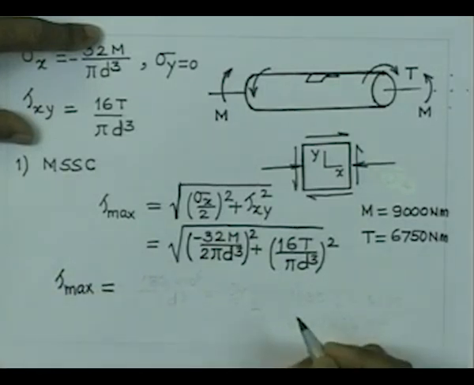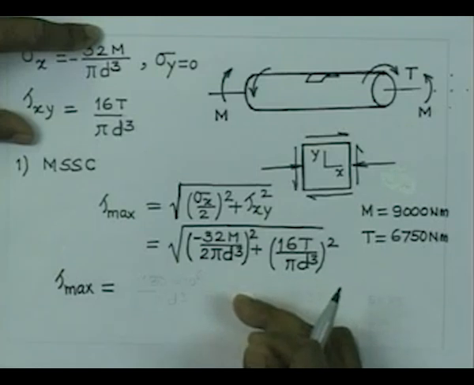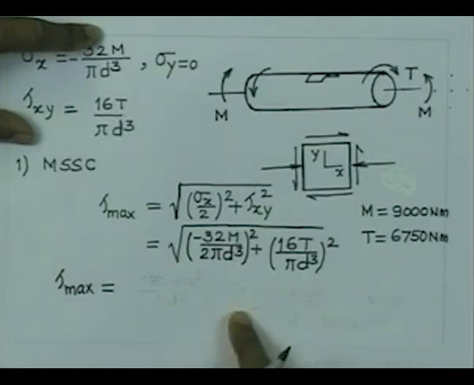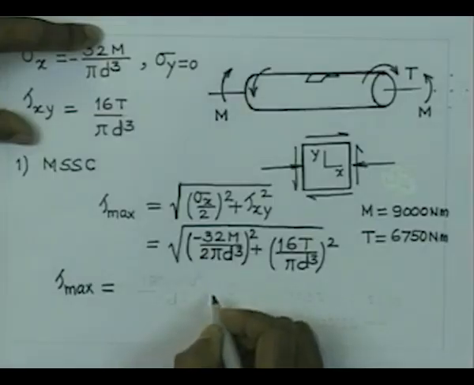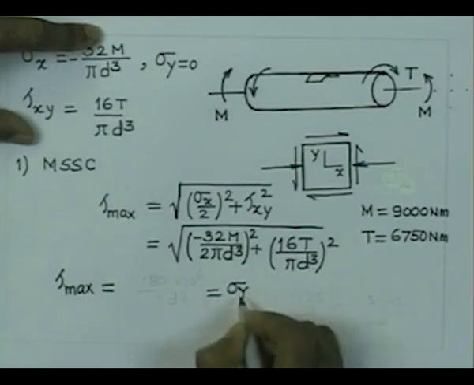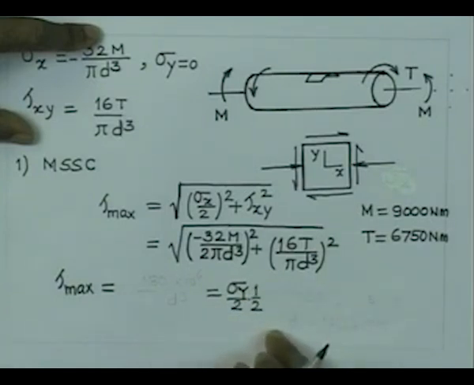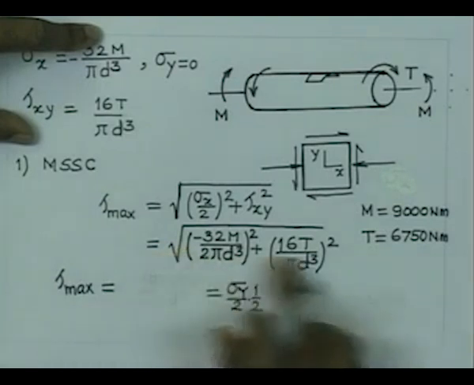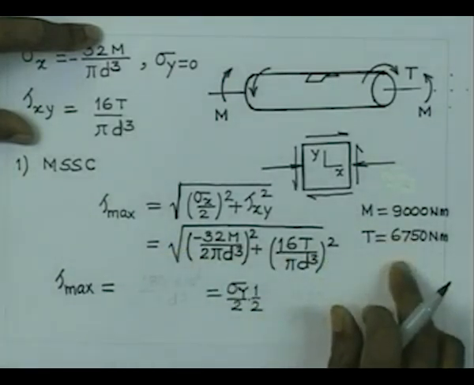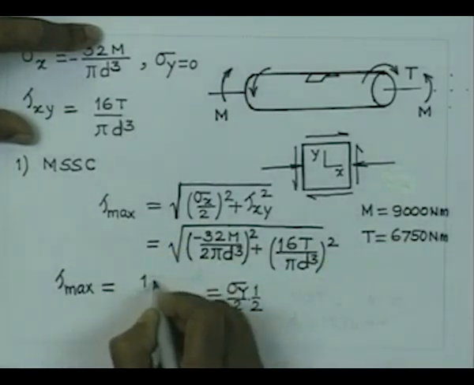value at the most sigma y by 2, which is the shear stress in uniaxial tension, and we have a factor of safety of 2, therefore, it is going to be sigma y by 4. So, therefore, this can have a value equal to sigma y by 2, the shear stress in uniaxial tension, and the factor of safety of 2 comes here. So, therefore, it is sigma y by 4, and if you try to plug in the value of M and T, you get this thing as 180